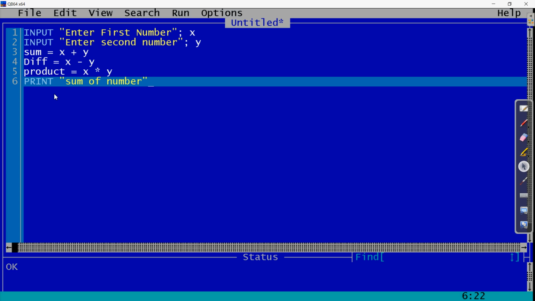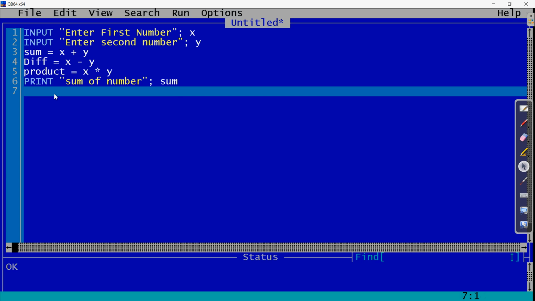Okay, then semicolon, then whatever the variable where we have saved. So what is the variable where we have saved the sum? It is sum. Clear? So write the variable name sum,